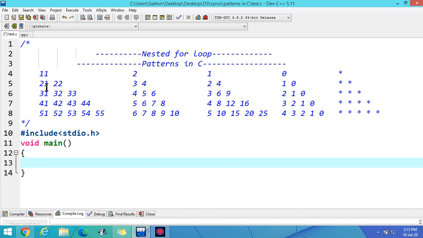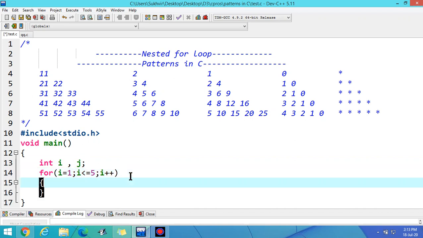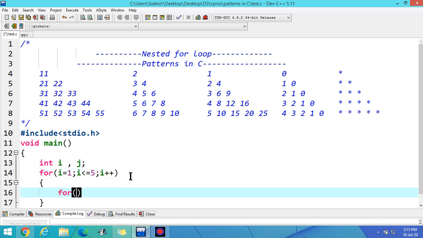Here the value of i is equal to 2, j is 1 to 2. It means the value of j changes from 1 to i. Let us try that. Int i, j, and for loop i is equal to 1, i less than equal to 5, i plus plus, then for j is equal to 1, j less than equal to i, j plus plus.